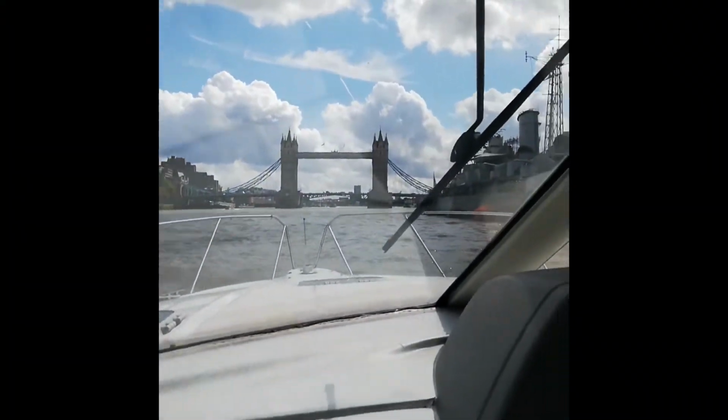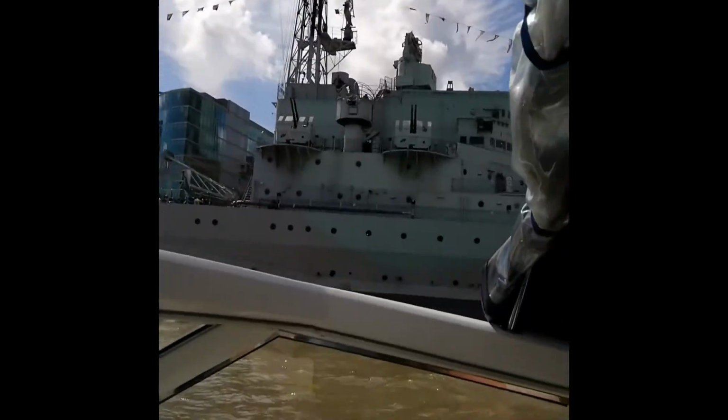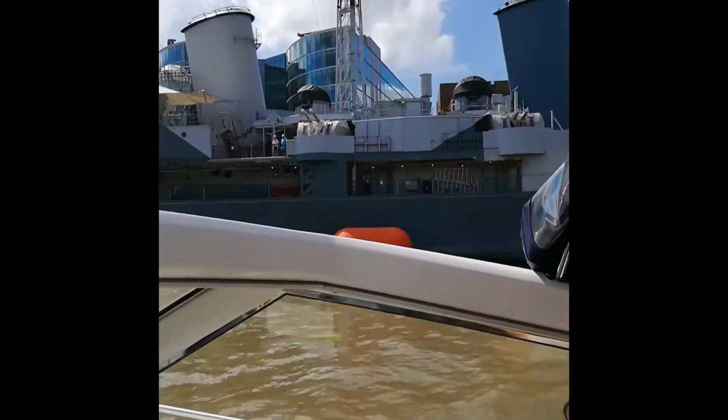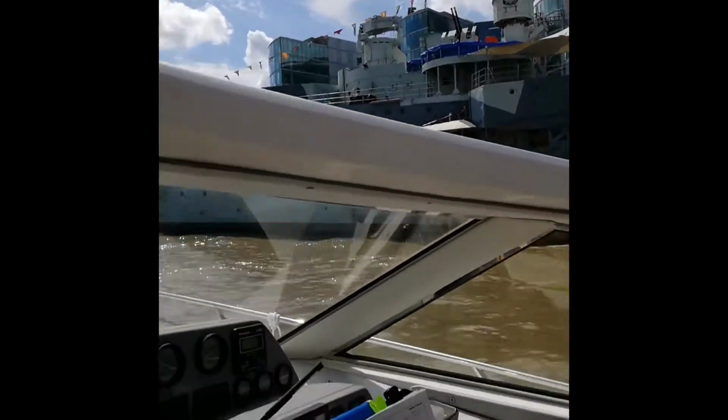Coming up on Tower Bridge. To the starboard side of this, we're going past the HMS Belfast. And we're videoing a big one there, that's videoing us out here. And I've got to say, the swell from these tourist boats is phenomenal. Quite impressed. Oh my gosh. You now see why I said about the...